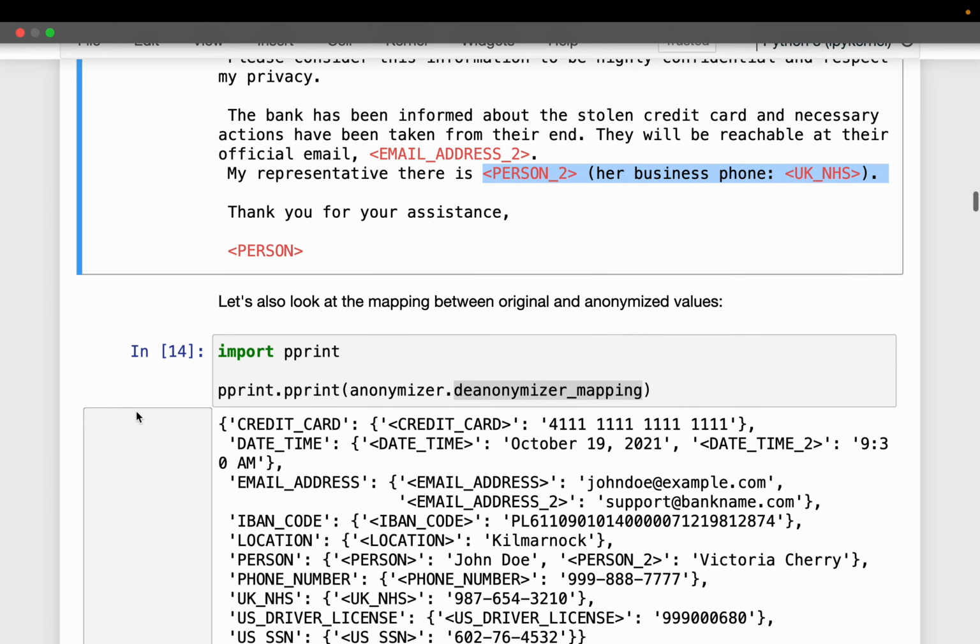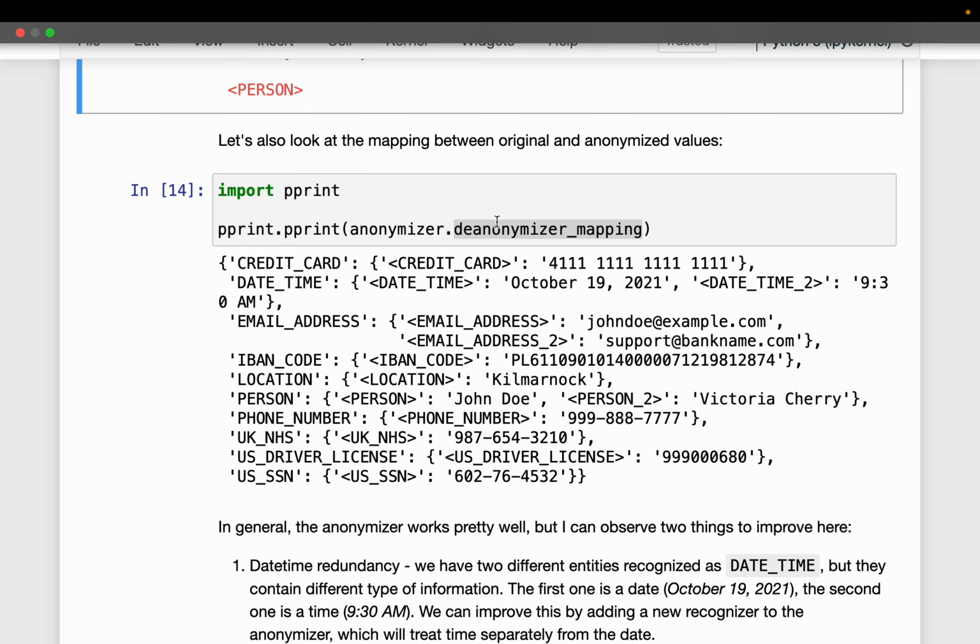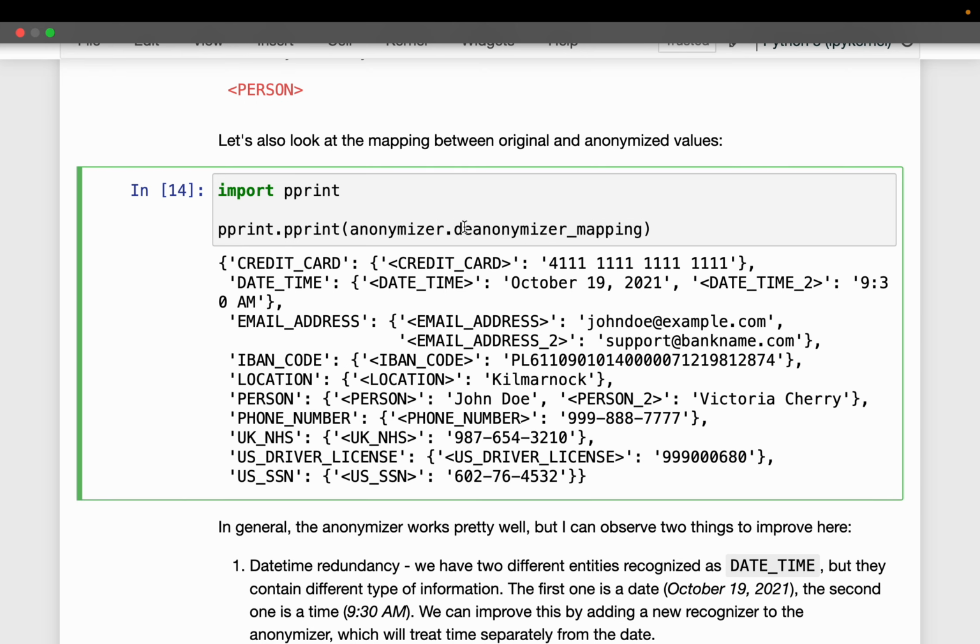Okay. Now here we can look at the mapping as well. So we simply do the de-anonymizer mapping. What it does is it shows the PII type, for example, here we have the credit card and then the actual data value. Now we might have multiple instances, right? For example, if you look here, the PII type is email address, but here we have two email addresses. So the first one says email address, and the second one says email address_2, right? It does the same thing for person or any other variable which appeared multiple times.